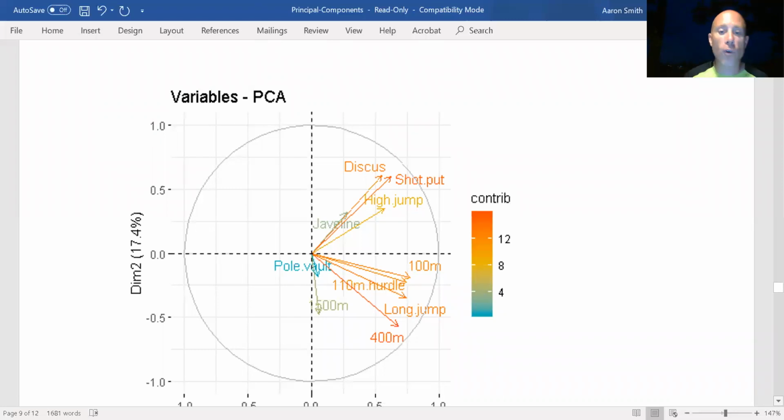Okay, so first thing I want you to look at, I want you to look at it from a left to right point of view. Left to right. Don't go up and down yet. I look along this and I can see that the farthest one to the right is like my 100 meters, and we've got shot put here. We've got 400 meters. But the farther to the right, the more important it is for that first principal component. Okay, so if I'm interpreting the first principal component as measuring the overall athletic ability, we can see